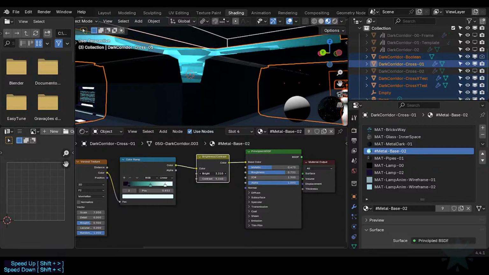Yeah, my idea was try to splash this into some more but instead getting this more contrasted